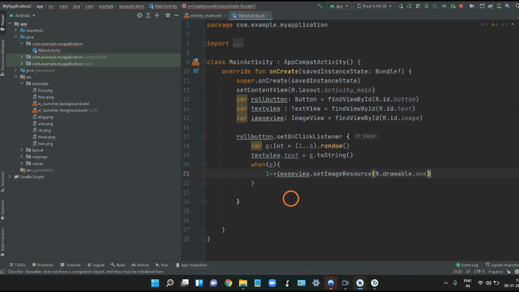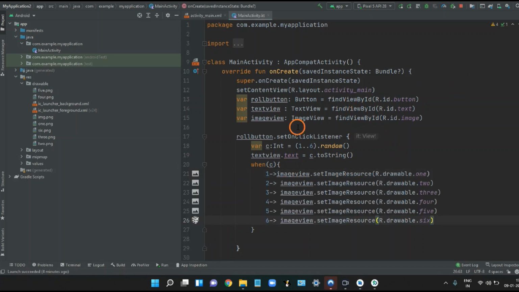Similarly we will define for 2, 3, 4, 5 and 6. See, an image icon has appeared here. So let's define for 2, 3, 4, 5 and 6. So I'll copy this and paste. So it's done now. Let's try to run this.